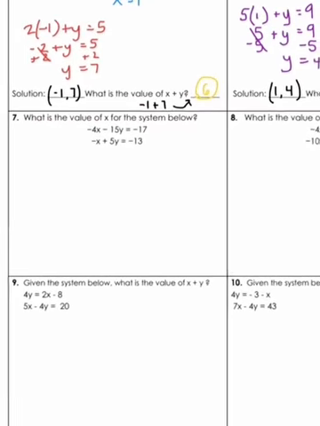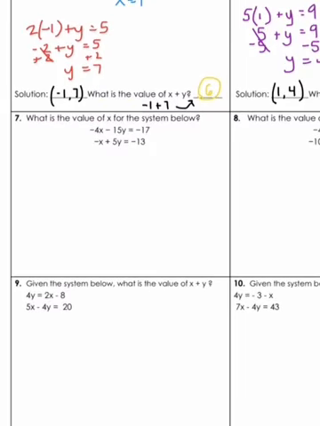All right, 7 and 8, you're just finding the x or the y value. So these actually are a little bit easier because you don't have to find both of them. So we still need to create the same variable. I'm going to try to create the 4 down here in the bottom, but I want them to be opposite, so the top one's -4, so the bottom one needs to be a +4, which means